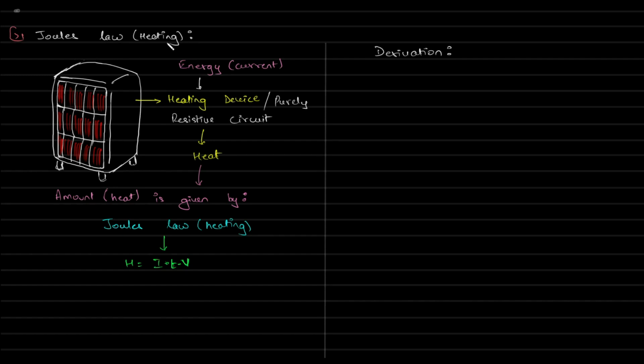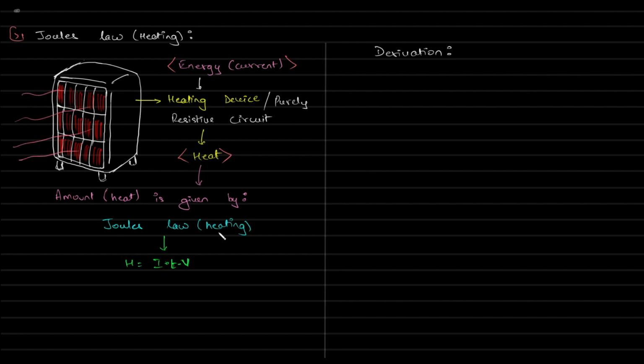Joule's law of heating gives the amount of heat produced by any heating device. So the energy provided to any circuit, which is a purely resistive circuit or basically a heating device, both are one and the same. This entire energy in an ideal scenario gets converted to heat. The amount of heat that is generated by this